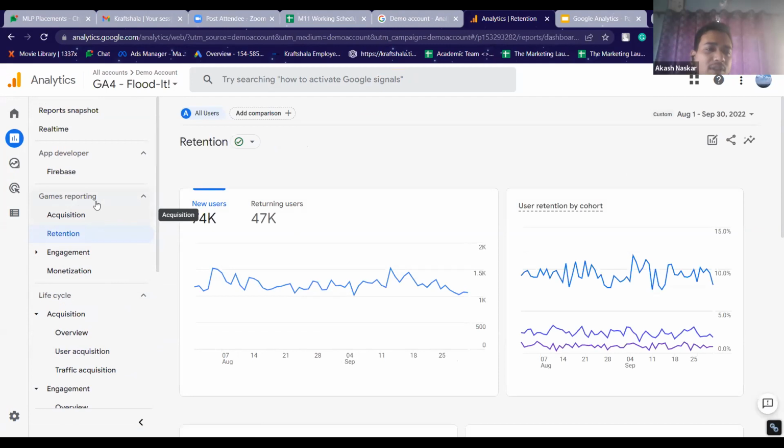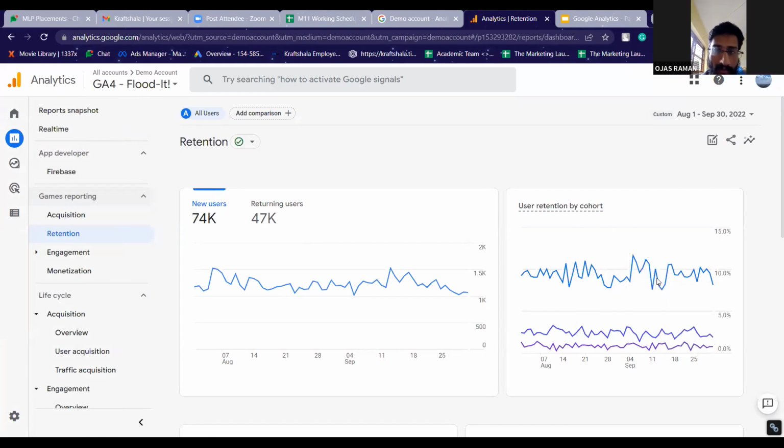Yeah, the numbers are same. So I think maybe because they might not have set it. Because one thing that you have to understand is that the data that we are seeing here is kind of like a dummy data. This is not exact data from an actual real website. It's a dummy data that Google is providing us for learning purposes. Or maybe when you set everything up correctly, when you have a different app and a different website, the data might be different.